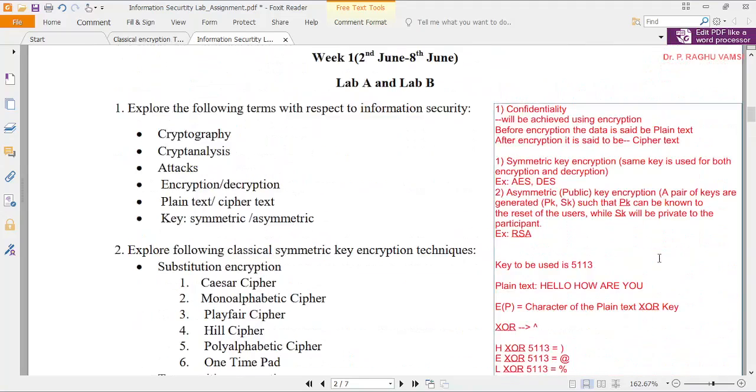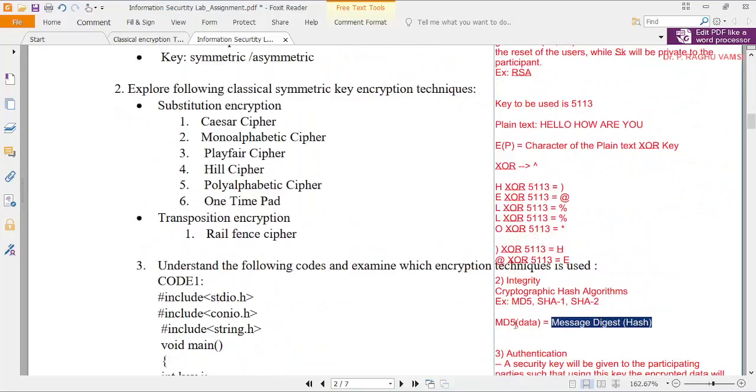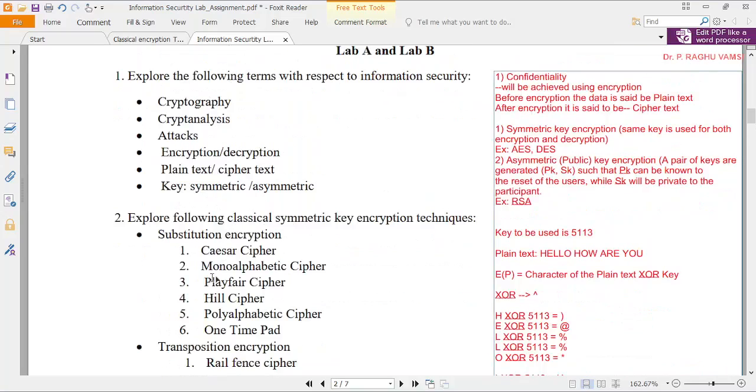So as part of our lab, we are going to mainly focus on the confidentiality and authentication part, where we are going to see the conventional or legacy encryption algorithms, that is conversion of the plain text to ciphertext using substitution and transposition cipher, and we are going to see the data encryption standard, and we are going to see the RSA algorithm, which is a popular asymmetric key algorithm.